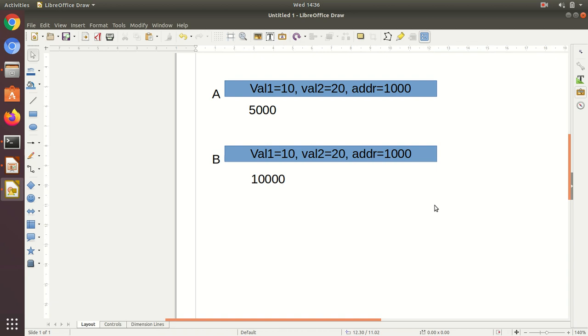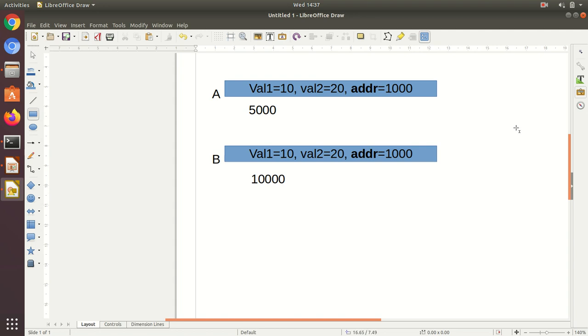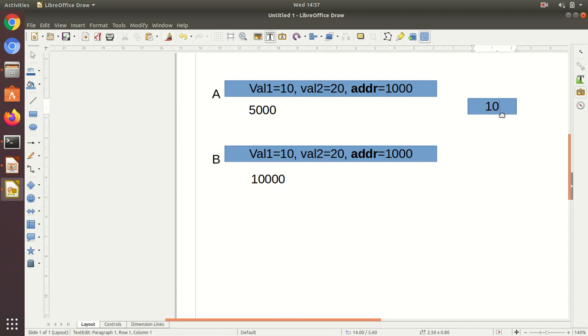So what happens now? This is a pointer, and this is a pointer. Let us assume another box, this location, which is dynamically allocated memory, at the address location 1000.